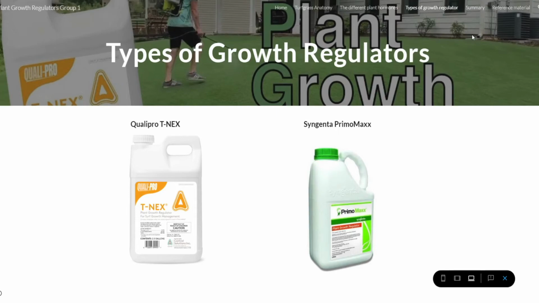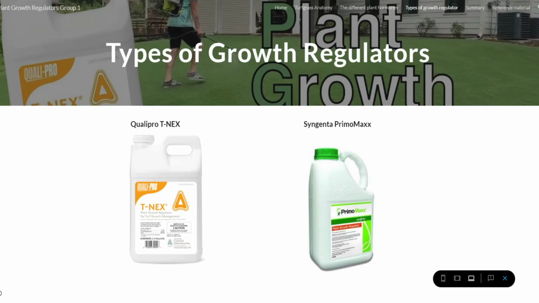Quality Pro T-Nex and Syngenta Primo Max are both Type 2 PGRs, which are microemulsion concentrates that help to reduce the growth of cool and warm season grasses while helping improve their quality and stress tolerance. They both contain a chemical compound called trinexapac-ethyl as its active ingredient, and it slows the production of the